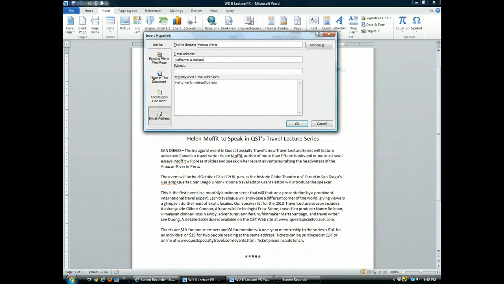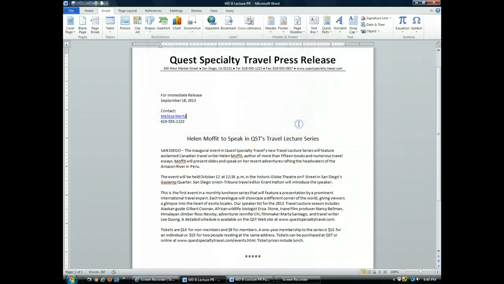And if you've done it before, you will see down at the bottom it will show your recently used email addresses. So I click in the email address box and start typing in my email address, and notice that Microsoft Word automatically will put the mailto in front of the actual hyperlink. So I'm going to click on OK,